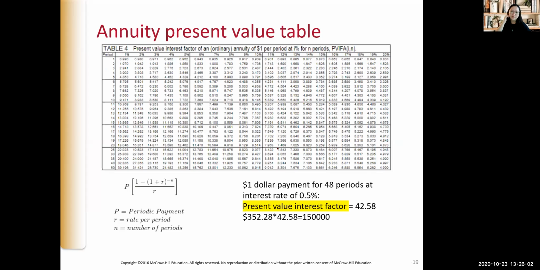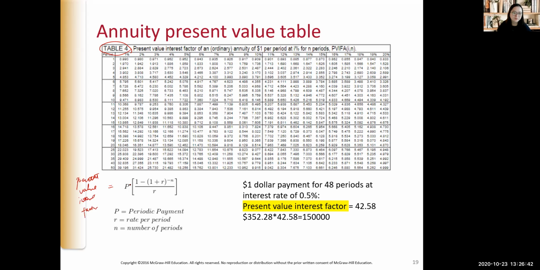And what I want to show you is also that, remember we talked about that you can find table 4 at the back of your book, or you can Google present value of annuity of $1, and you get a table. So in this case, it was 0.5%. We don't have it in this table, but I just want to show you what the table looks like. And I also give you the present value interest factor, right? So this is called a present value interest factor